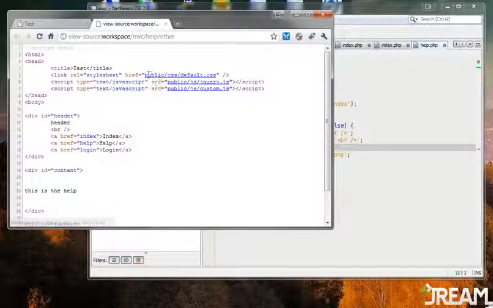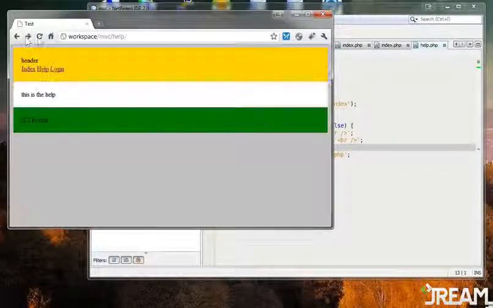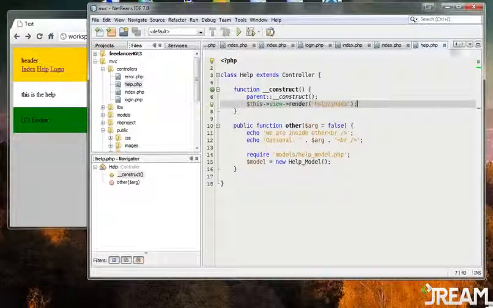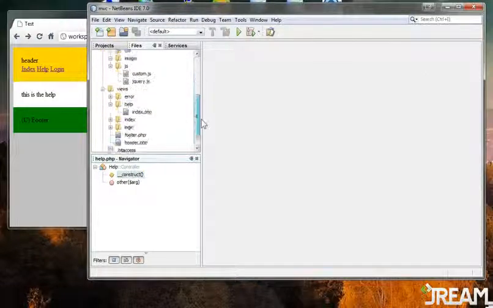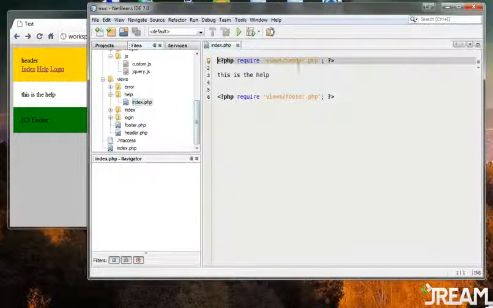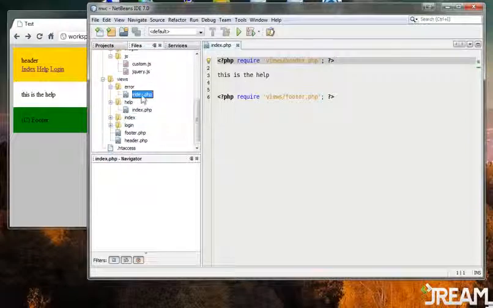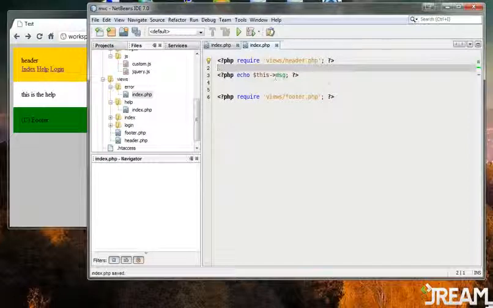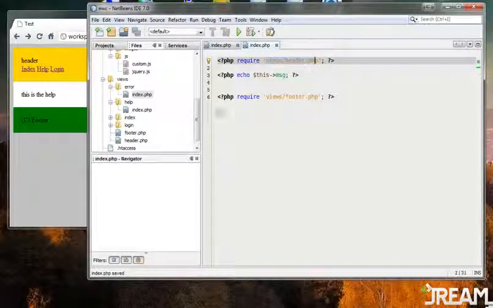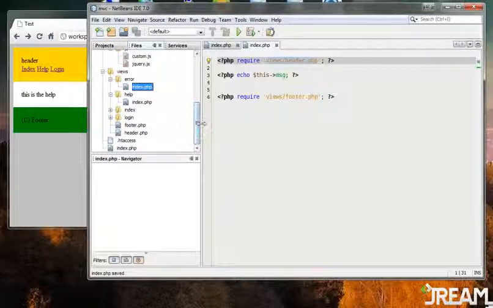I'm not going to focus on this right now, so I'll go ahead and go back. What we have to look at is we have some code duplication. Let me close everything, make it a little cleaner. If we look at the index file, we're including the header and the footer all the time. Really, what we'd want to do is probably just have this included maybe when we call the render command, or